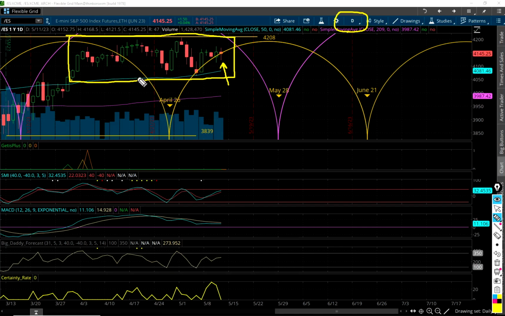So this blue line right here that you're seeing, that's the 50-day moving average, which right now is about 40.81. And up here, the top of this rectangle is 42.08. So guess what? Since March 30th, it's been trading between the 50-day moving average and 42.08. Just look at this, right?